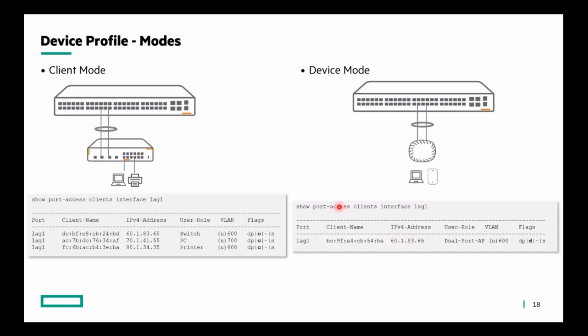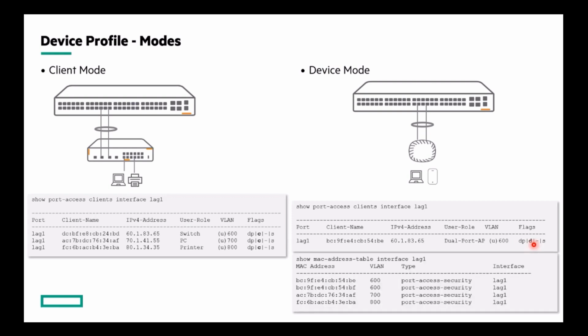So once the AP onboards, you will see here only the AP's ETH0 base MAC address and the mode set as D, that is the device mode. If we have clients connected behind the AP, those MAC addresses will be learned without any further authentication, because the AP has onboarded and it has opened up the port,